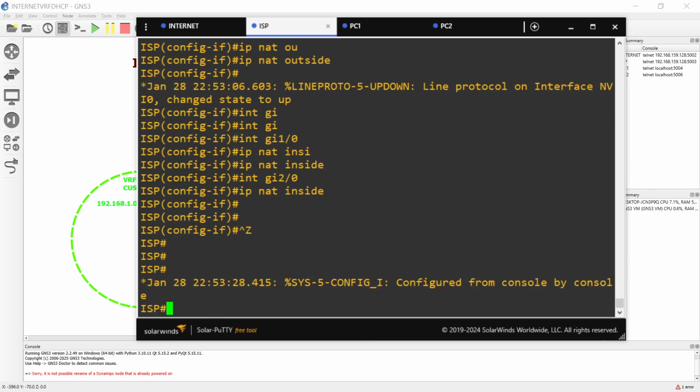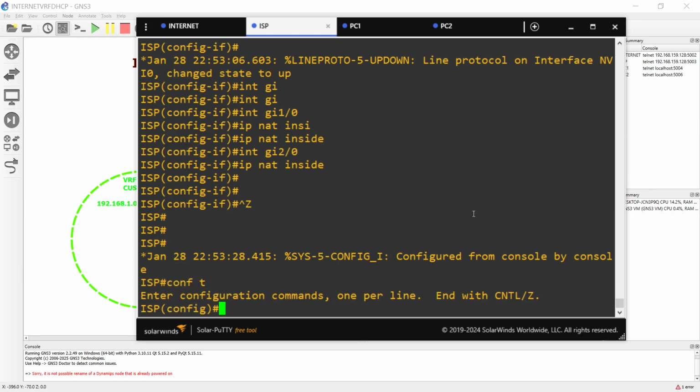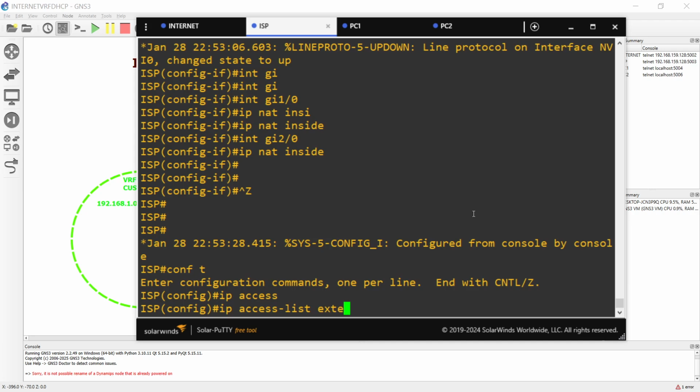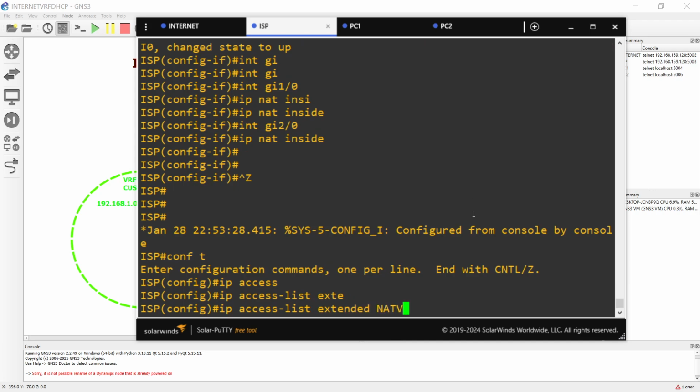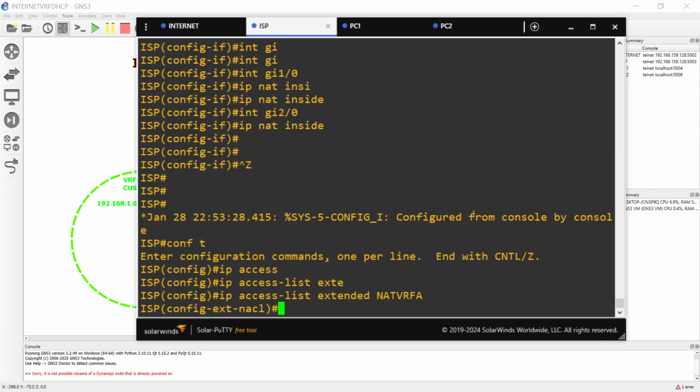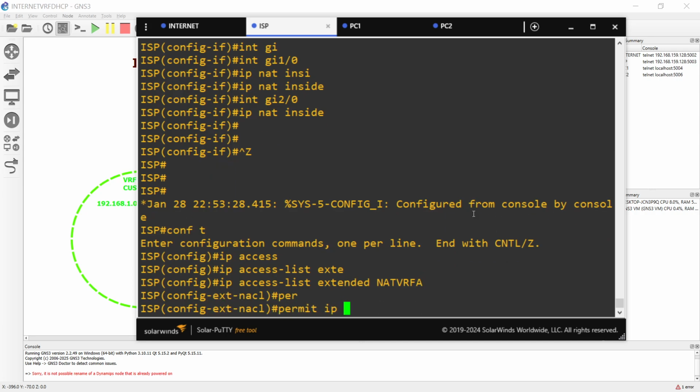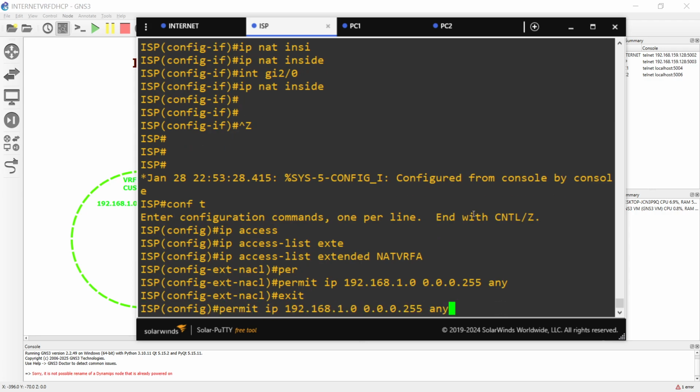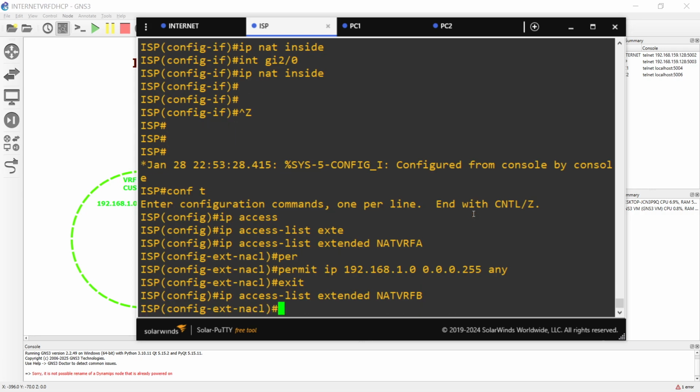And let's create an access list that will let me know which IP addresses are allowed to get NATed. So for instance, IP access list, I'm going to create NAT for VRF customer A, and I'm going to permit IP the segment 10, and then I'm going to do the same for the other VRF, where I am allowing this prefix to get NATed,